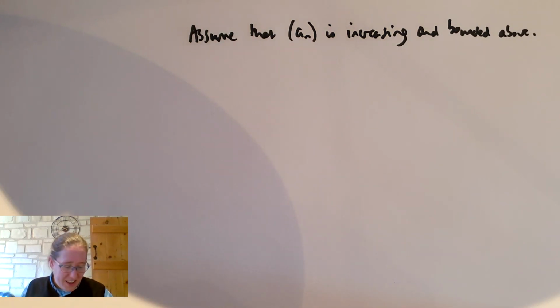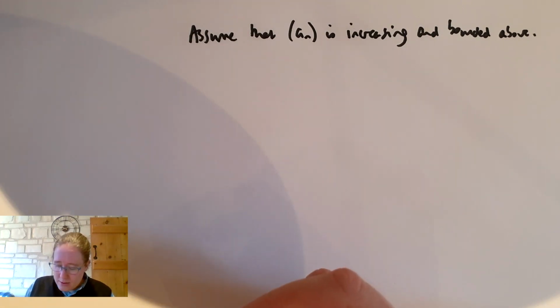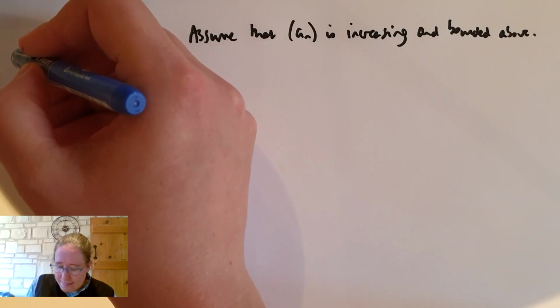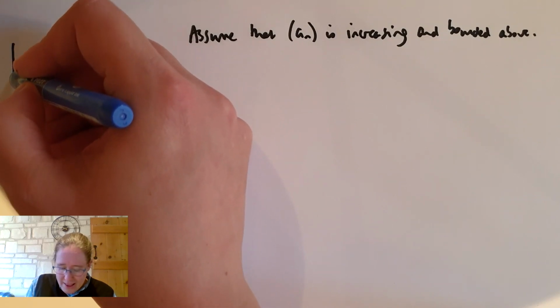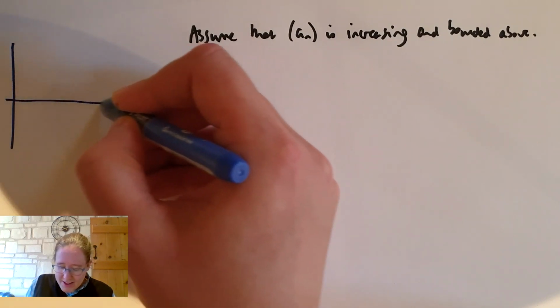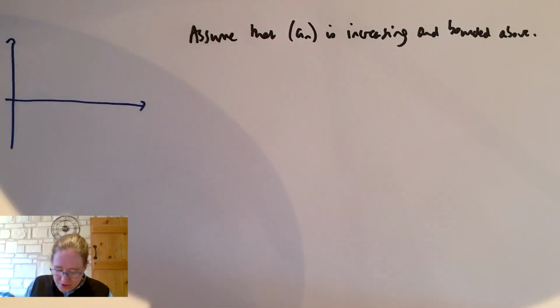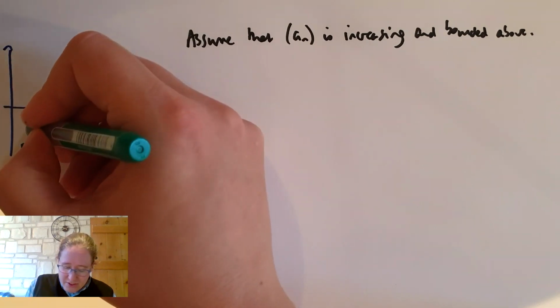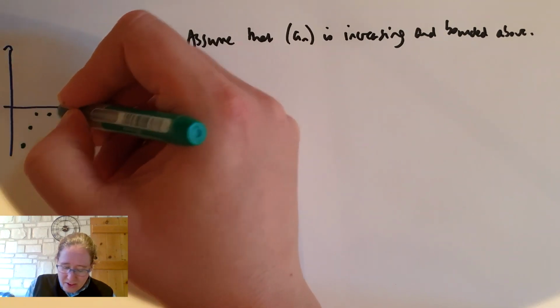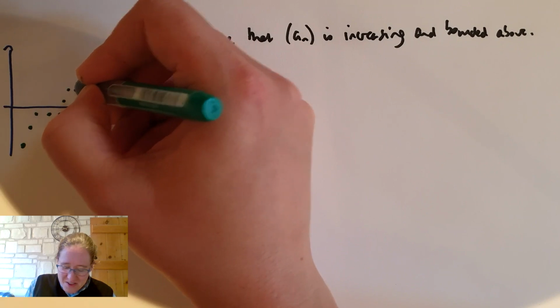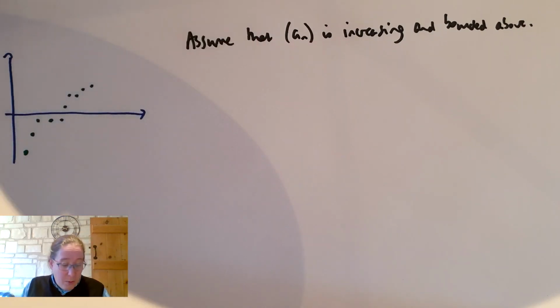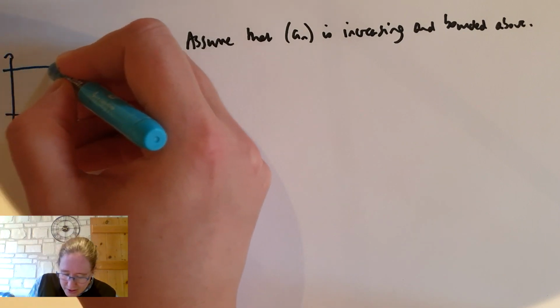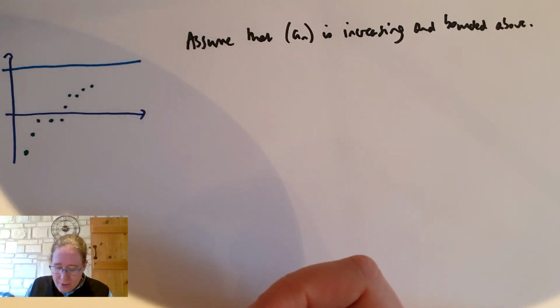What is the idea here? Let me draw an unofficial picture over to the left. So my usual axes, unofficially, and then my sequence has some terms, and it's increasing, and I remember that increasing can mean stays the same, or it might just increase a little bit. But we know that it's bounded above. So let me draw in an upper bound with this horizontal line in light blue here. This is an upper bound.